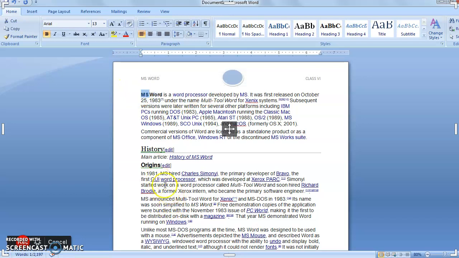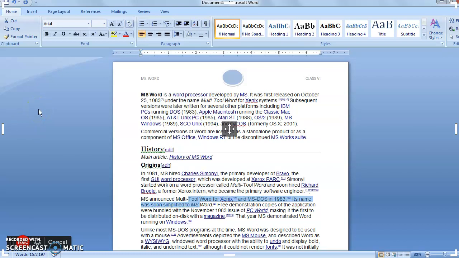This is how you can replace a word in a quick step. That is why we use this Find and Replace option. We need not search for the word again and again and then type it again and again. In a short way, without wasting our time and energy, we can make our desired changes.